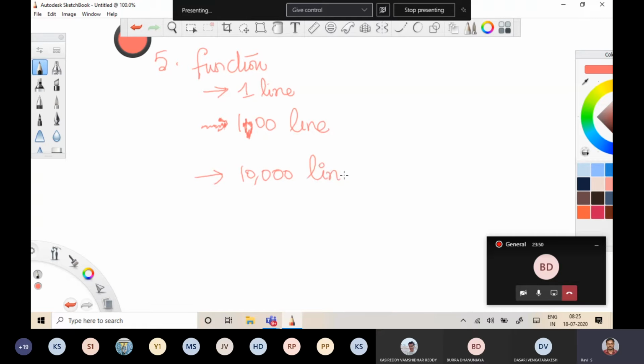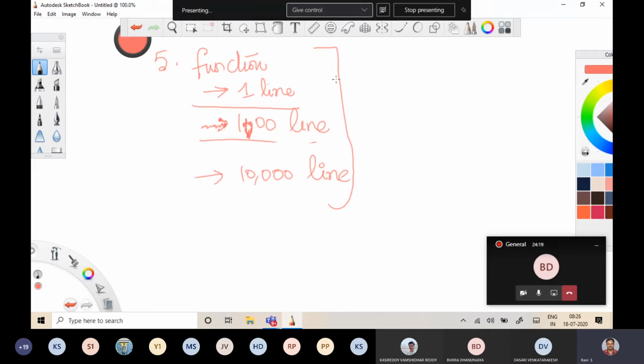This is the important portion, which describes the functionality of the hardware. It depends on the complexity of the circuit, so there is no limit. That is what I want to tell you, my dears. Depending on the hardware complexity, the number of lines will go.